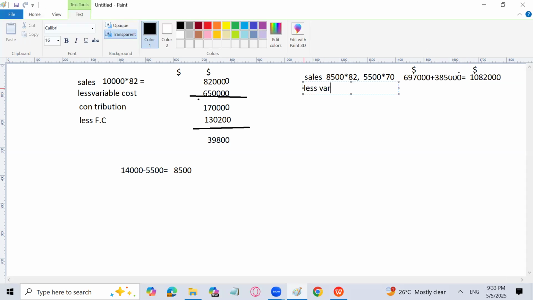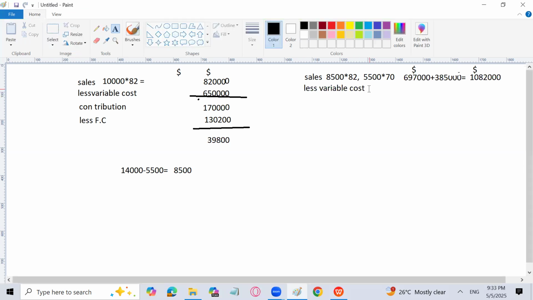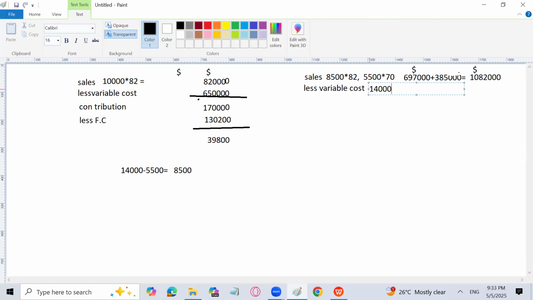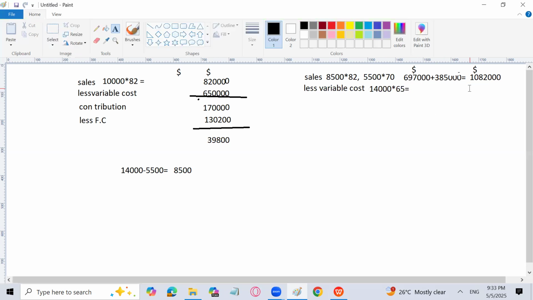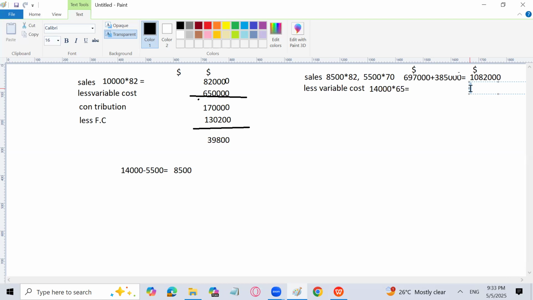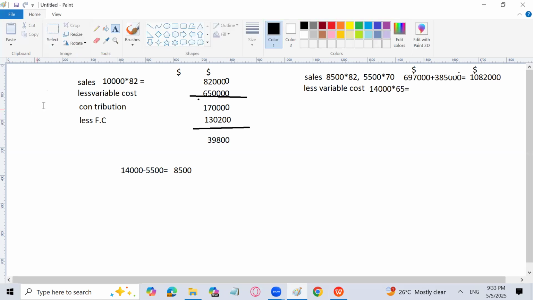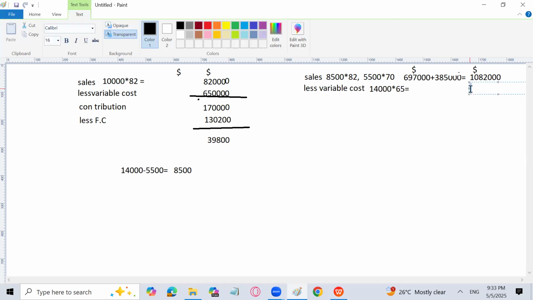Remember this, that variable cost will not change. It is the same actually for all the units. So we can do that directly, like 14,000 multiplied by variable cost is 65. What is the amount of variable cost? 910,000. Then there is another variable cost only on those units, which is going to be the transport